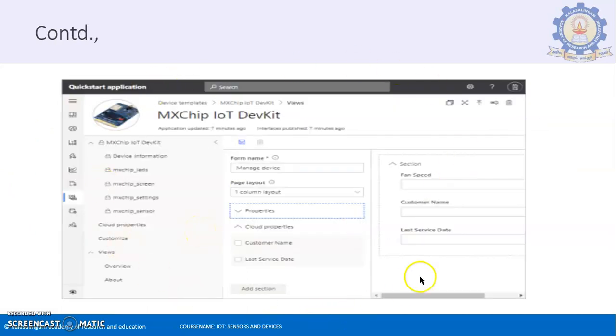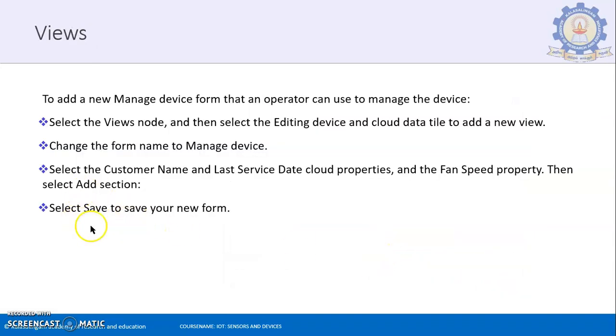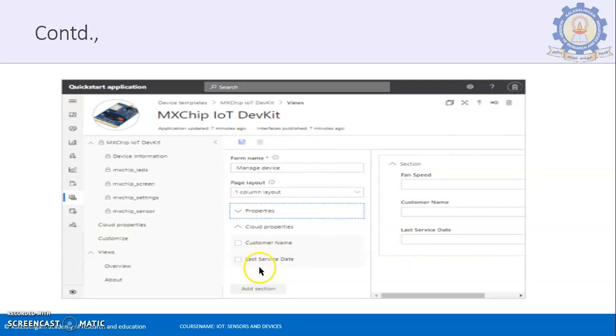So this is what is happening over here. You're giving the fan speed, the customer name, and the last service date. All these data are over there, and at the end you have to give save to add it to your saved form. From your managed device, this is the one that is created over here. From these three data, you give save for it to be saved in the application. So we'll look into the remaining